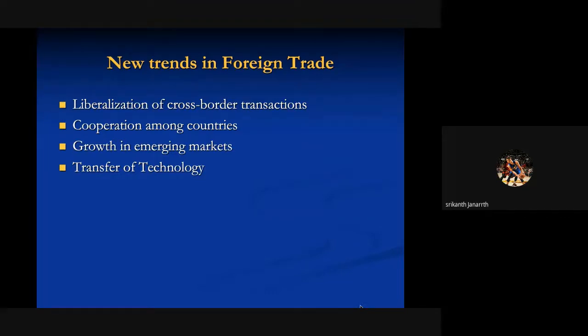Emerging markets. You know what the growth of emerging markets is now? Take a country like India, an emerging market. Turkey is one of the emerging markets. Even China, they are emerging all over the place. Mexico. These are the countries emerging. Even Bangladesh is one of the emerging ones. They are also booming